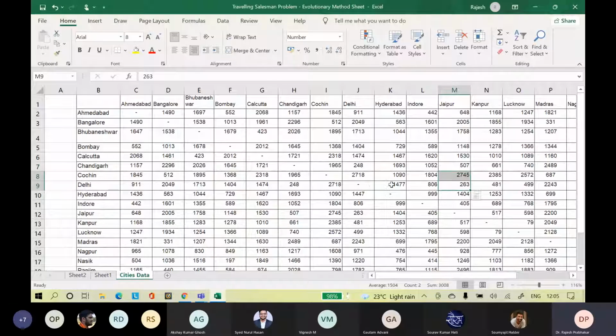Sir, could you please upload this sheet? One second, we have a mismatch. Ahmedabad to Ahmedabad, Bangalore to Bangalore, Bhubaneswar to Bhubaneswar, Bombay to Bombay, Calcutta to Calcutta, Chandigarh to Chandigarh, Cochin to Cochin, Delhi to Delhi. We are missing something here.